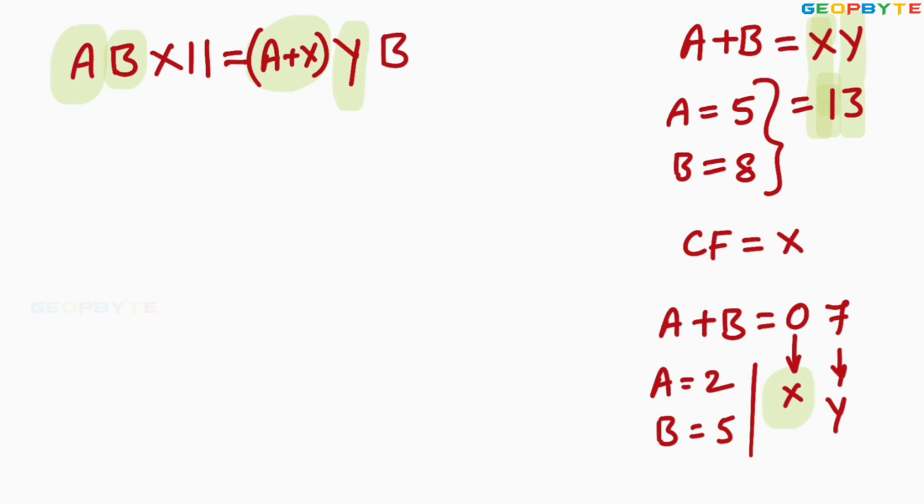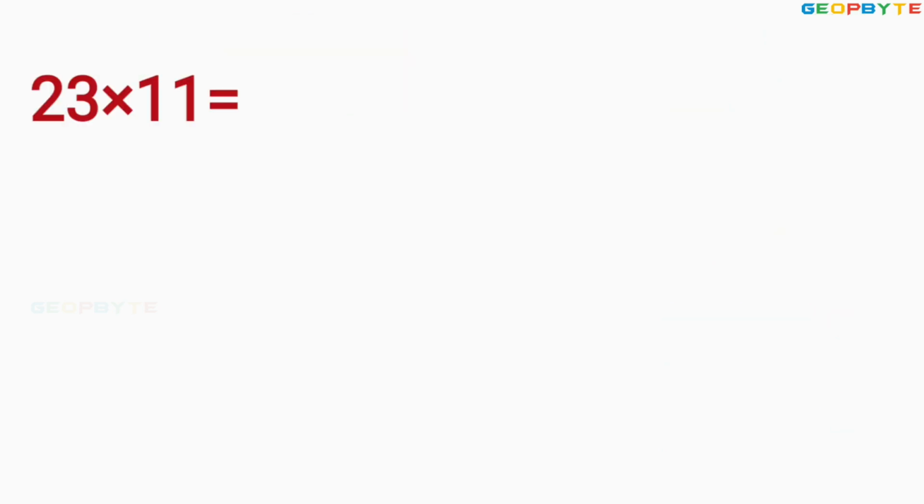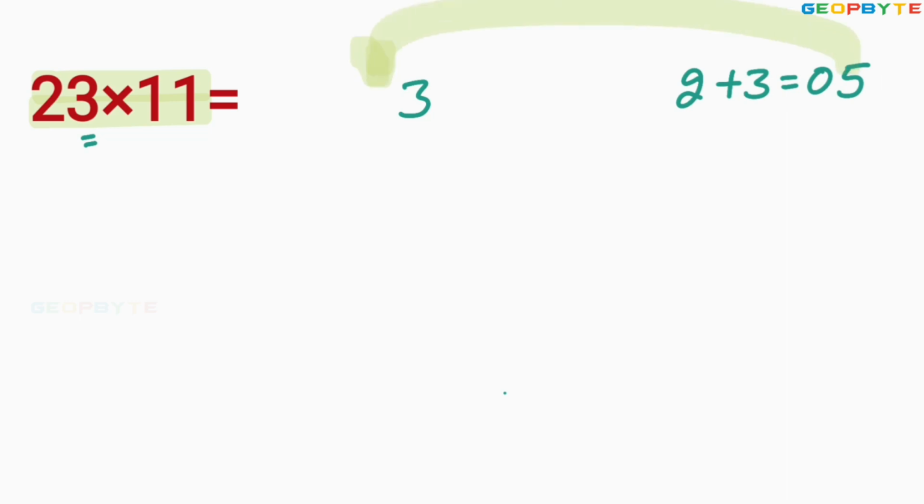It can be understood in a better manner if I take some numericals. Let us take some numericals. Look at the multiplication 23 into 11. What you have to do, you write this 3 as it is. Then add the 2 and 3, which is equal to 5, but you should write it in terms of 0, 5. You take this 5 and write here. Therefore, the second digit is 5.